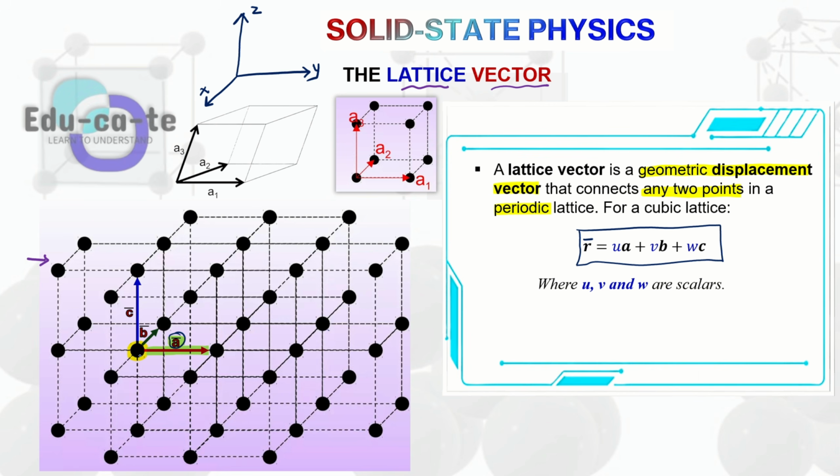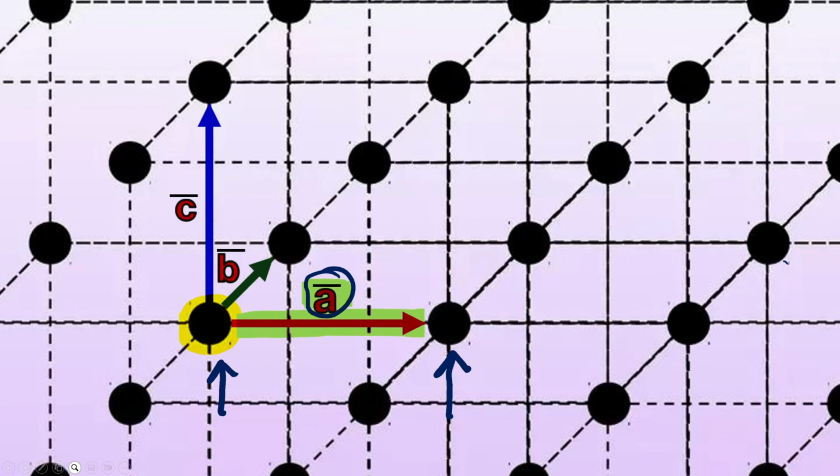It is showing us how we move from this reference lattice point, the one where we started, to this other one that is along the what? Along the x-axis. Okay, and then when I look at vector B, the green one, when I want to move from this reference point, this yellow highlighted point, to the next one along the y-axis, I need to move with a vector B. I just need one vector B to move from this one to that one. Okay, so this is another lattice vector.